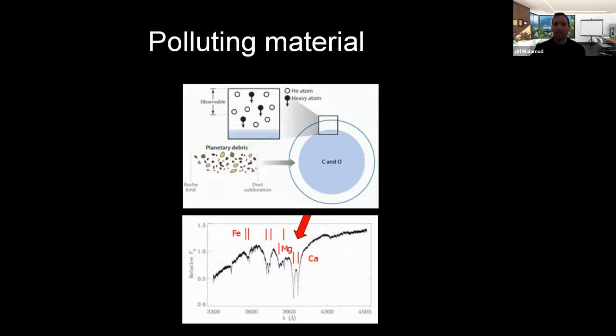Even really old white dwarfs that are billions of years old are still like 9,000, 8,000 degrees Kelvin. So you should expect all of these elements to be ionized, yes.